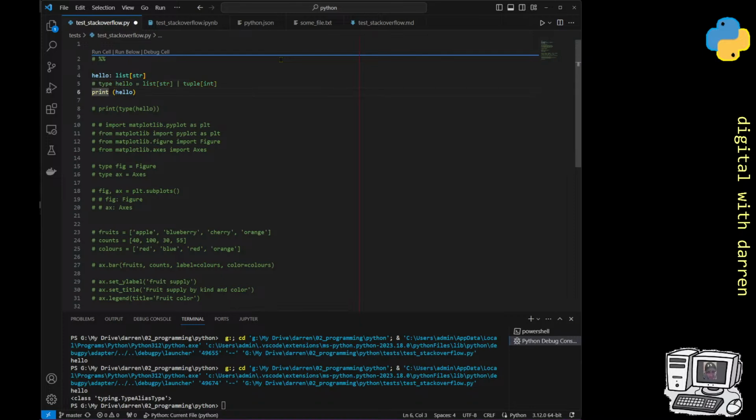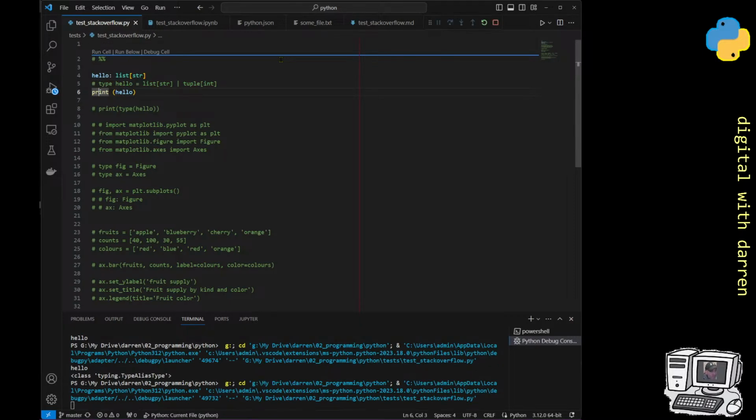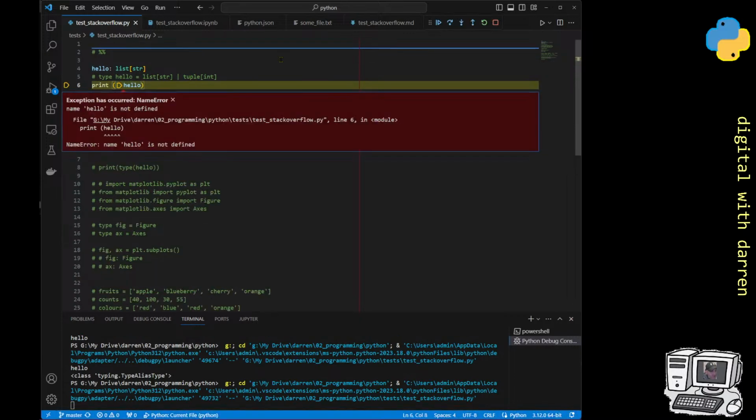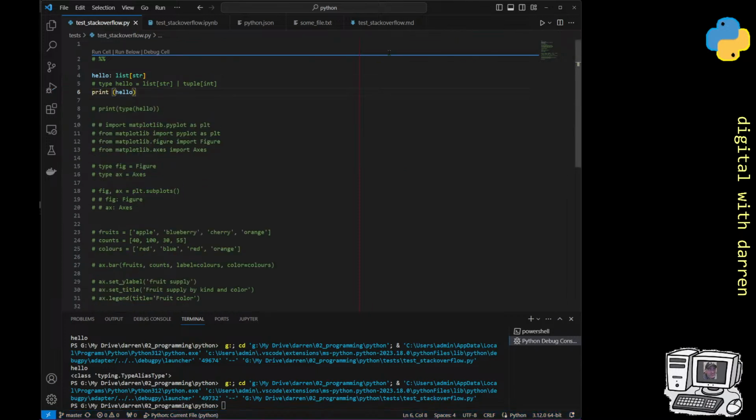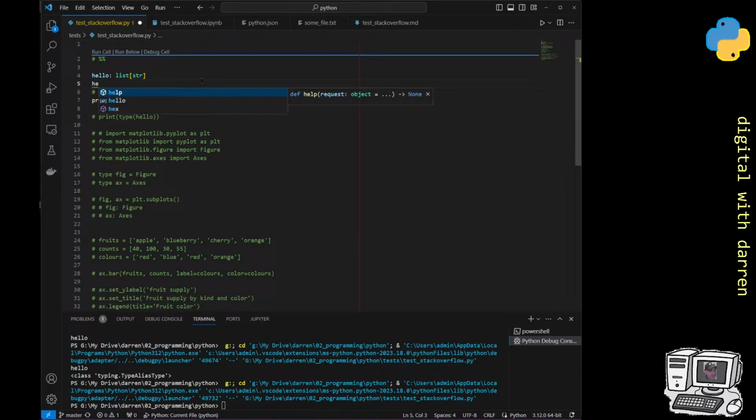Anyway, that's in Python 3.12, so I'll run this all again and let's just get this running. Oh yeah, we do actually get the error message now, and the reason why is because hello is not defined. We haven't said what hello is equal to, so our usual way of doing that, hello of type list of string, but then afterwards we would say hello, and then if we hover over our hello, it says unbound there, but it's a list of strings, so we should have something like